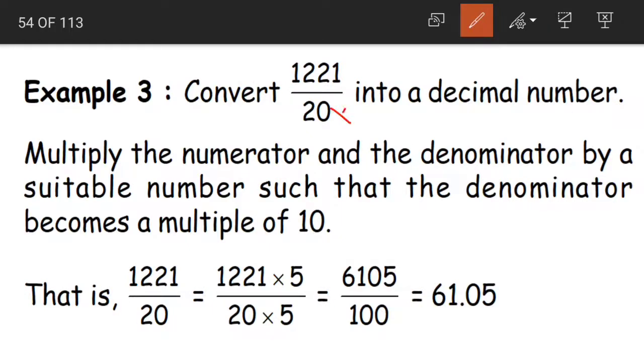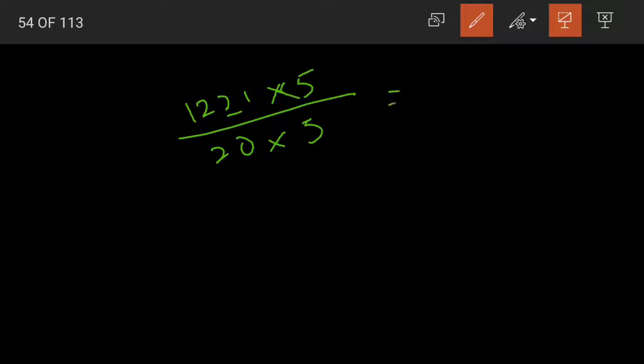As we are multiplying 20 with 5 to get our 100, we need to multiply the numerator as well. Let me write it here. We need to multiply the numerator as well with the same number 5 to get our fraction whose denominator is 100. Understood, children? Always remember, in fractions or in mathematics in general, we just do not simply multiply the denominator and leave. We'll do the same thing with the numerator as well.